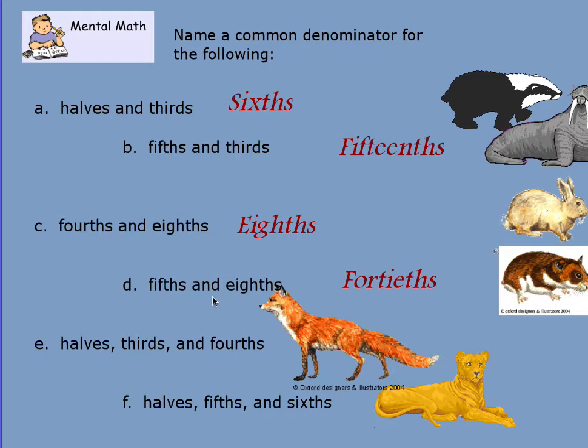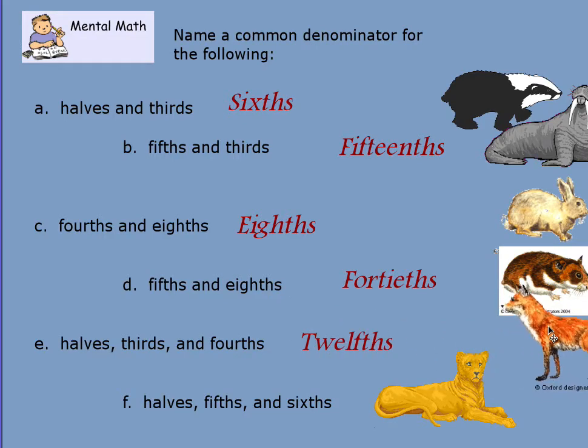40ths. All right, now a little bit more tricky because we're going to have 3 different fractions. What about halves, thirds, and fourths? If you said 12ths, you are correct. Halves, fifths, and sixths, 30ths. Now remember, a quick way to find a common denominator is just to multiply